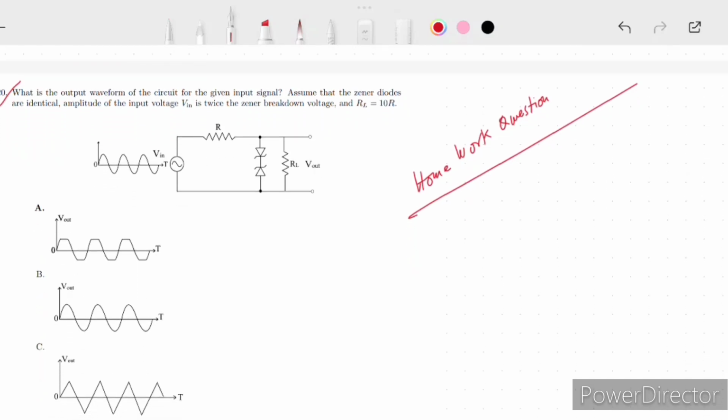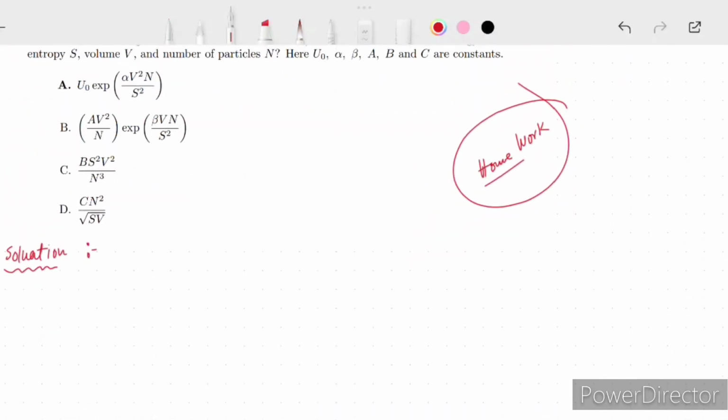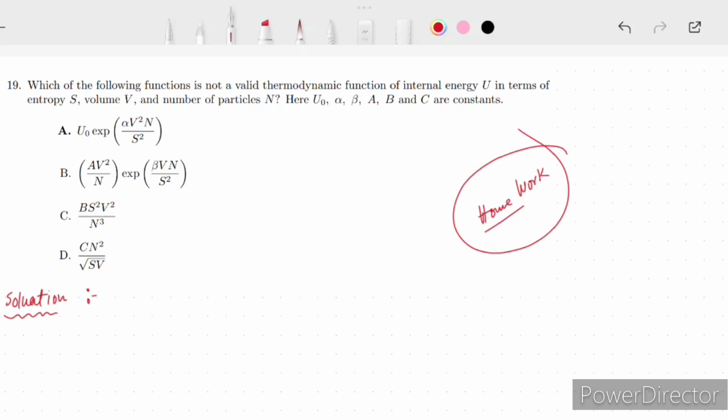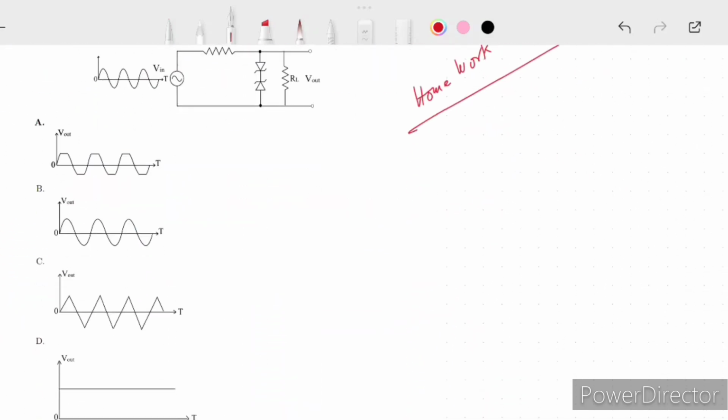If anyone follows my theory lectures for op-amps, he or she will definitely do it, okay? So question number 19 and question number 20, these are your homework questions. Please do them by yourself. And now next, go to the question number